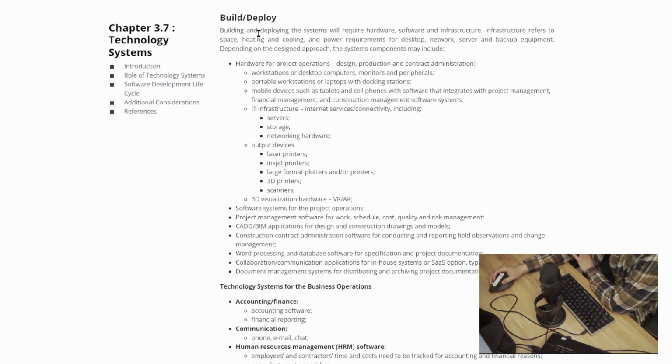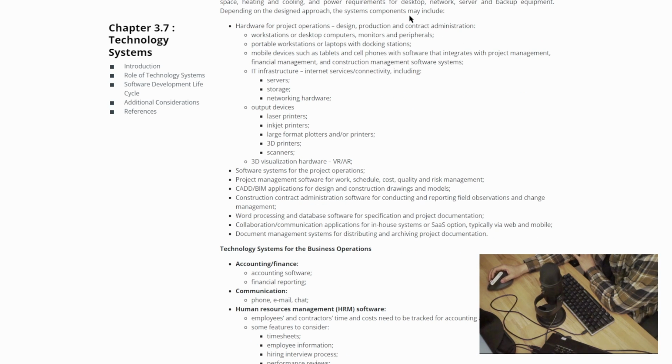Build/deploy. Building and deploying the systems will require hardware, software, and infrastructure. Infrastructure refers to space, heating and cooling, and power requirements for desktop, network, server, and backup equipment. Depending on the designed approach, the system's components may include hardware for project operations, design, production, and contract administration: workstations or desktop computers, monitors, and peripherals, portable workstations or laptops with docking stations, mobile devices such as tablets and cell phones